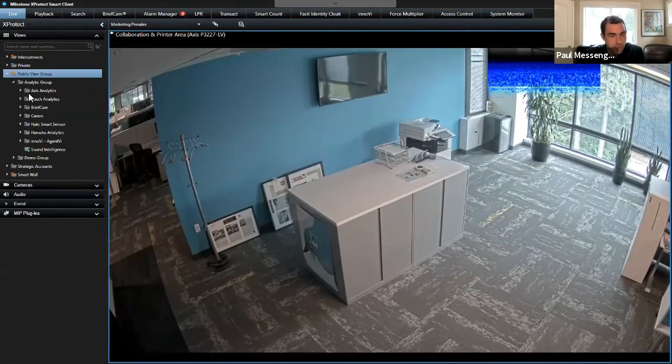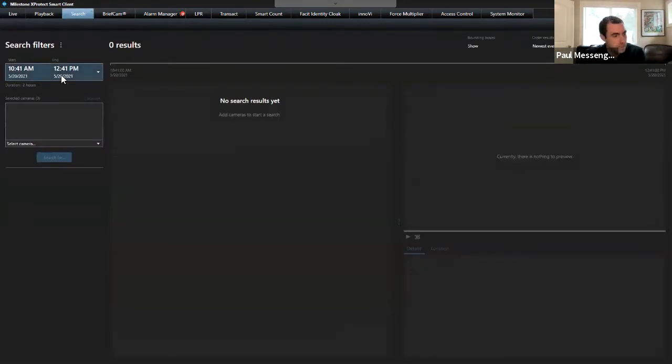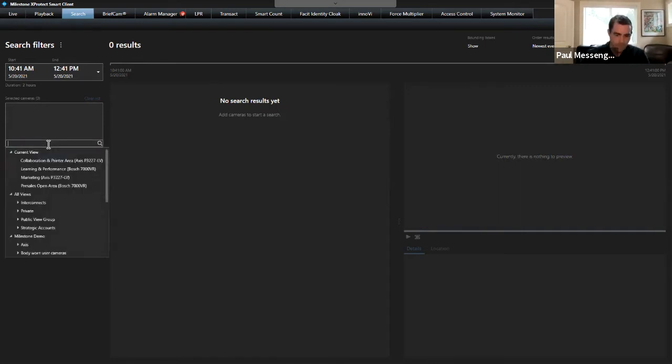So I showed you some of those real-time analytics, but those also cascade into our search functionality, which we've been pouring a lot of effort and research and development into. So this search framework came out in 2019 R3. So October 2019 is when this first launched. It replaced our Sequence Explorer, which is our prior thumbnail search engine. But I can pull up a camera,